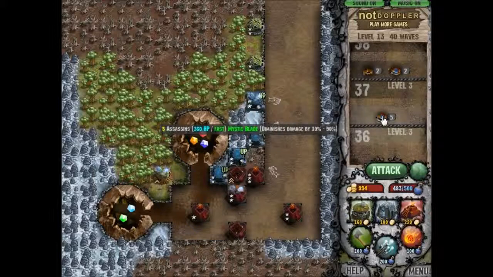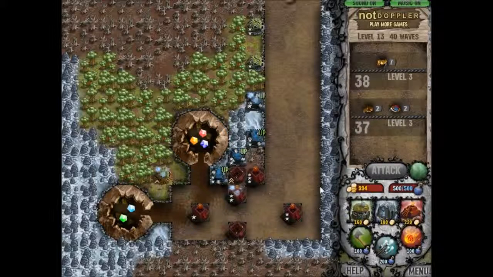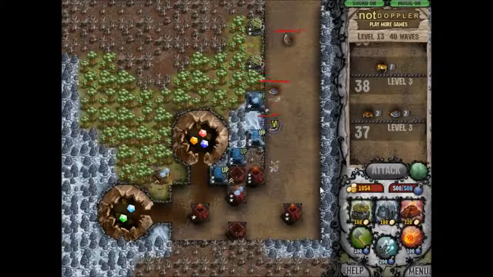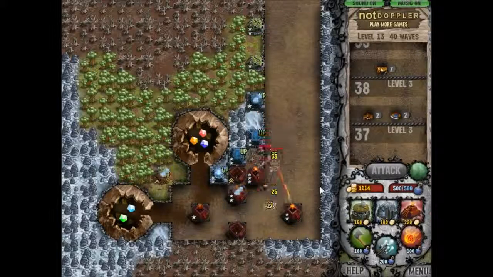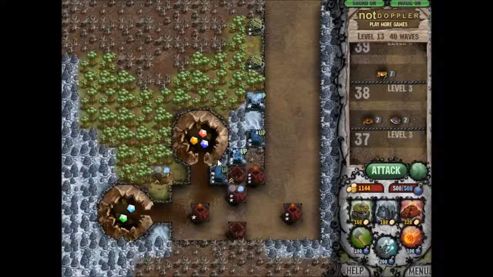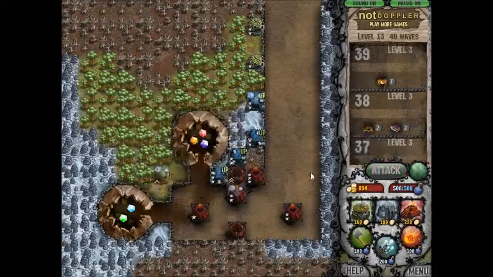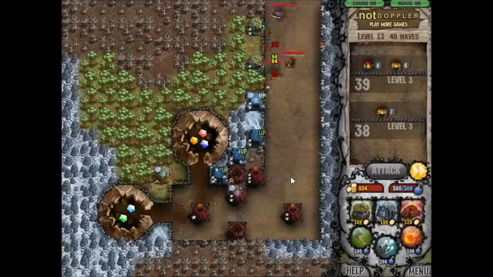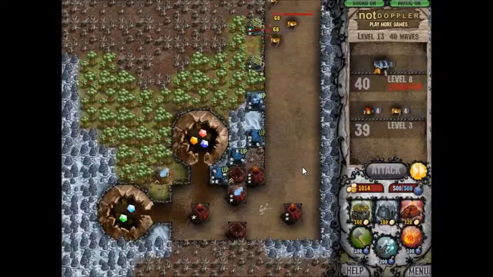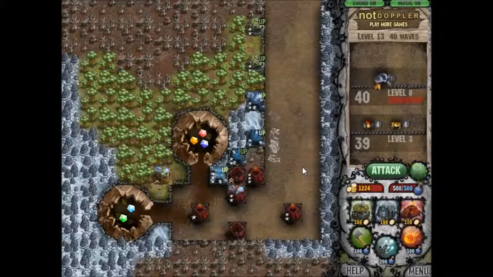So yeah, there's not much left to talk about. Just enjoy watching those guys die. Oh, it's just amazing. I love it. Well, 1100 money. Let's just do some upgrading, I guess. And here's the final boss, which is not a ninja. Even if he was, we have 5 fireballs in reserve, so...